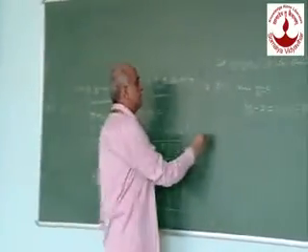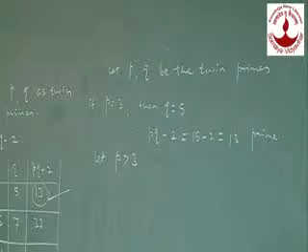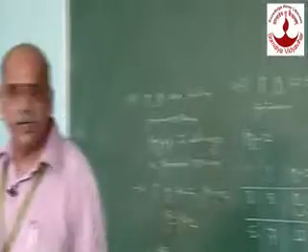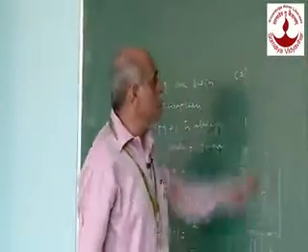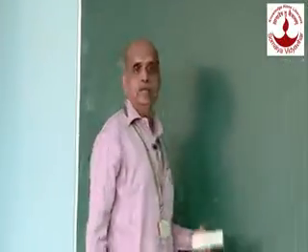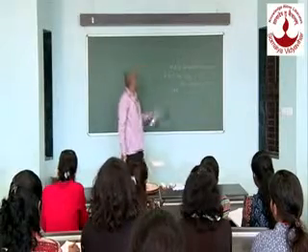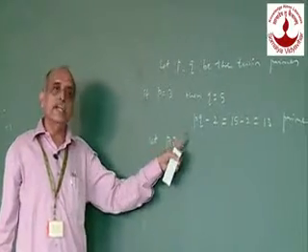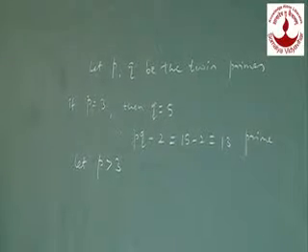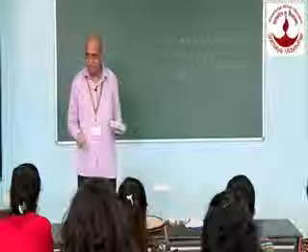How to prove? So let us take a prime which is greater than 3, maybe 5, maybe 7, maybe 11 and so on. In number theory, any number we write in a particular form. For example, the division algorithm will play the important role. If you take a number which is greater than 3, and if that number is divided by 3, what could be the possible remainder? If the number is not divisible by 3, what could be the remainder?